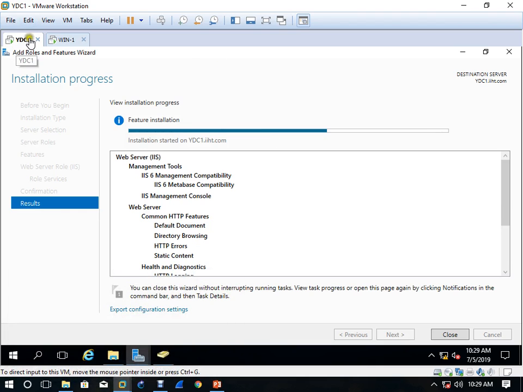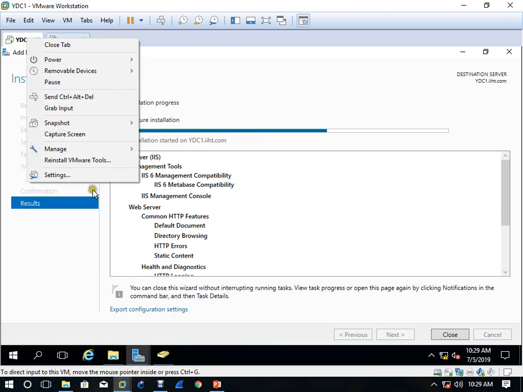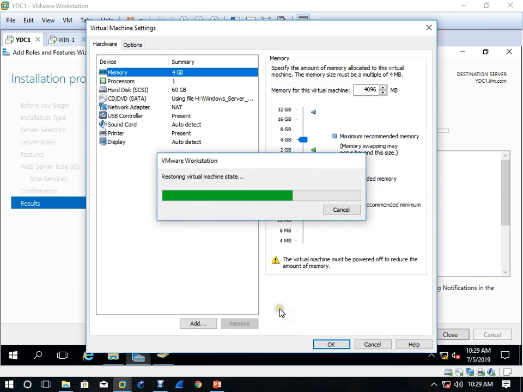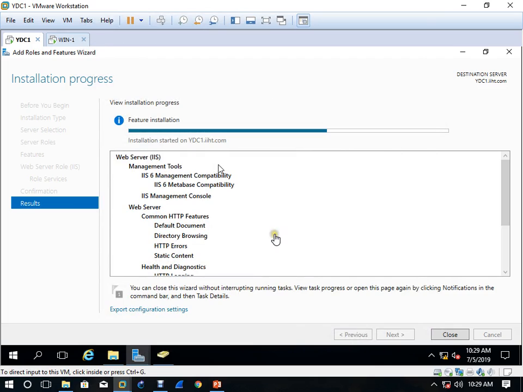See, this process depends on your system memory. If it's 2 GB, then it's taking time, and if your system is 1 GB, it will take time too. So don't panic. It takes time depending on your server capability.